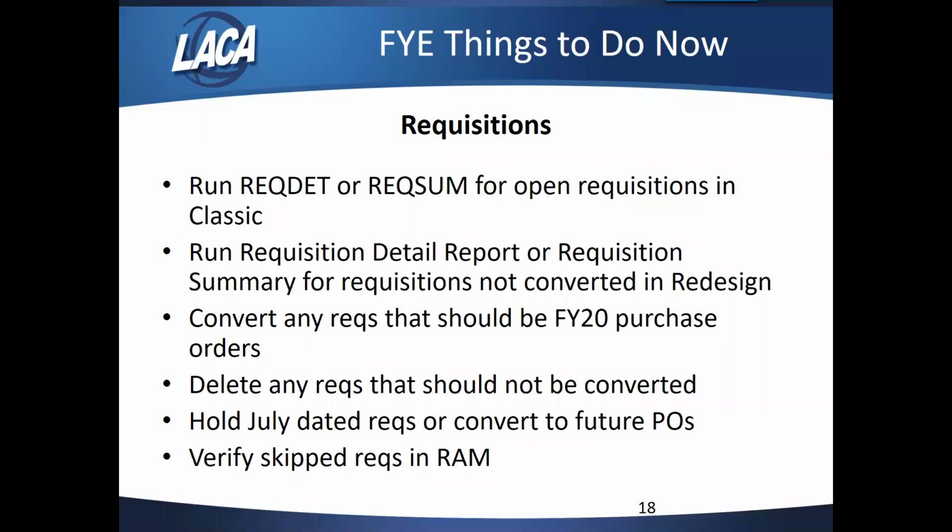In Classic, you can run a RecDet or RecSum for your open requisitions and start reviewing that. Or if you are live on the redesign, you can run a requisition detail report or the requisition summary, and those are both in your report manager. And you can run that for requisitions that are not converted and start reviewing those reports. So if you have any requisitions on that list that should be converted in FY20, go ahead and convert those